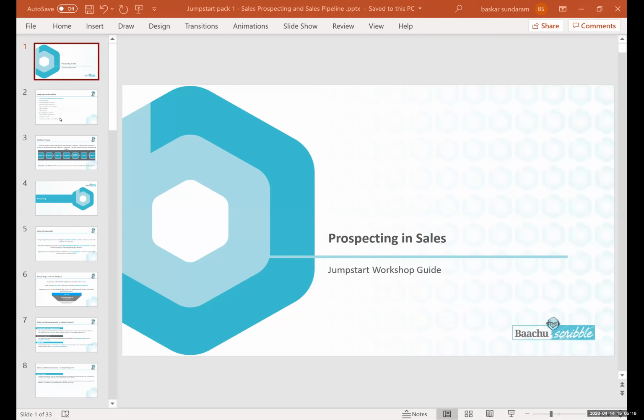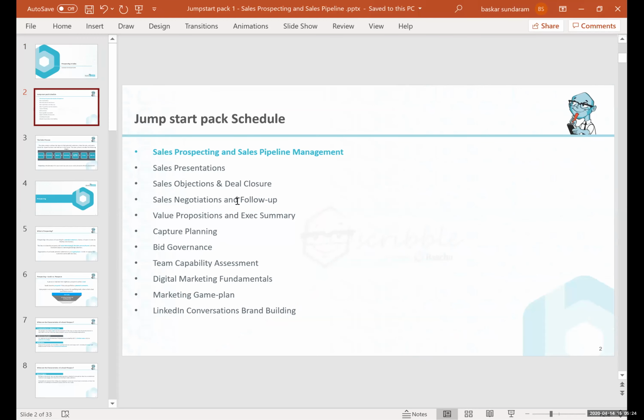So today we are in workshop 1, the Jumpstart workshop 1. The reason it's called Jumpstart is like any vehicle which is stuck, all you need is a jump start to make it work. So today we all are stuck for various reasons, and we all will come out of it, but at some point we might feel slightly isolated, lonely, anxiety, etc. So this webinar series will provide you the Jumpstart pack for you to kickstart your career